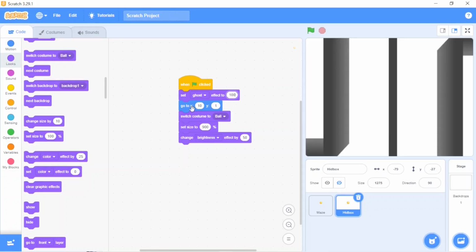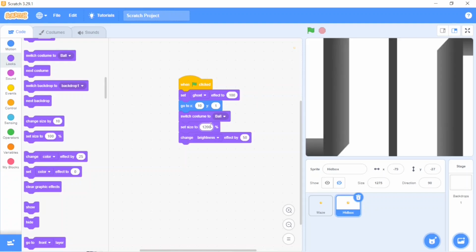The X and Y position will be the same, but the size will increase a little, because if any sprite uses this maze to solve the maze puzzle and the sprite moves, sometimes the sprite gets stuck on the wall and will not move, but the hitbox makes a layer surrounding our original maze, so that's why the sprite will not get stuck on the wall and it can move smoothly, right? So we'll increase the size.